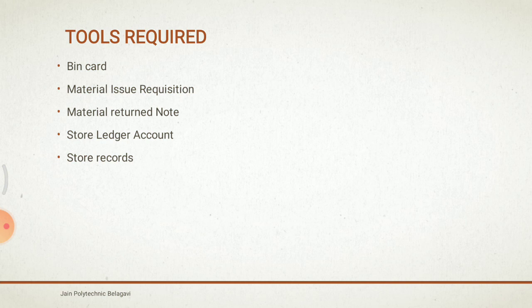The last one is store records. In order to maintain efficient records of the stores, the following books and records are required, and these are maintained separately for the different types of materials. There are inward and outward registers. Stock registers contain non-consumable and consumable registers, and tools. Also daily receipt registers, issue registers, surplus stock registers, suspense registers, defect article registers, loan registers, empty containers and package registers.